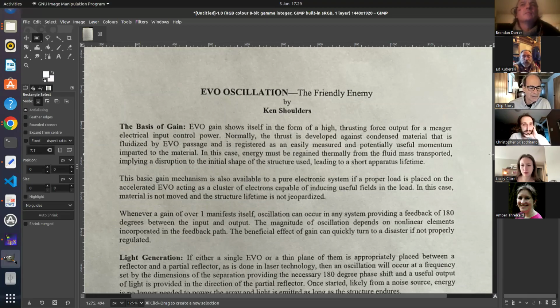So basically, he's saying that you can get this stuff going, but if you don't control it with feedback, it'll literally just self-destruct because it's got so much power essentially. And the fact that you don't need inputs of power, once things are started, to get all these processes done is fantastic, right? But that's what it's all about, EVO oscillations. Once you get the oscillations moving, things start happening because of the non-linearities of everything as well.